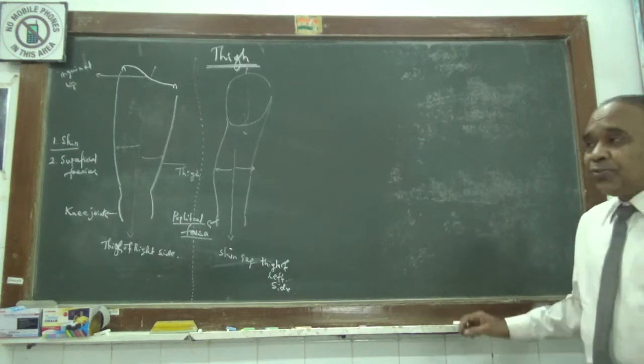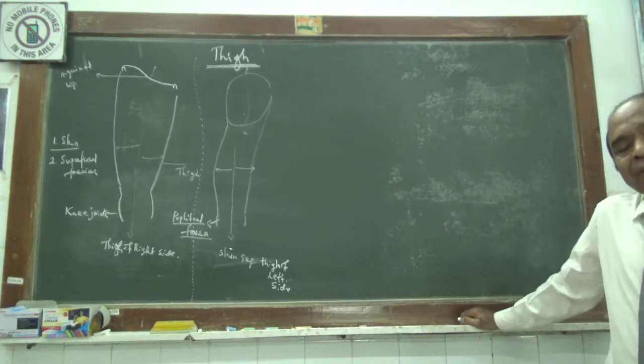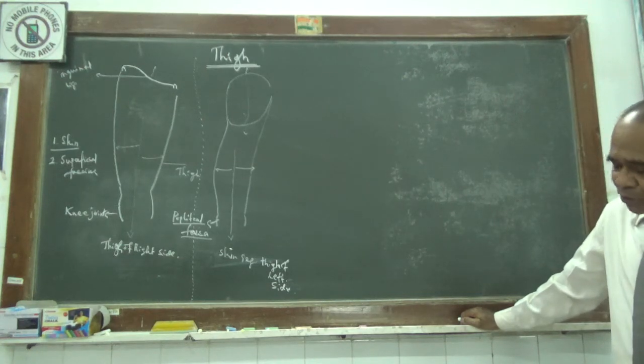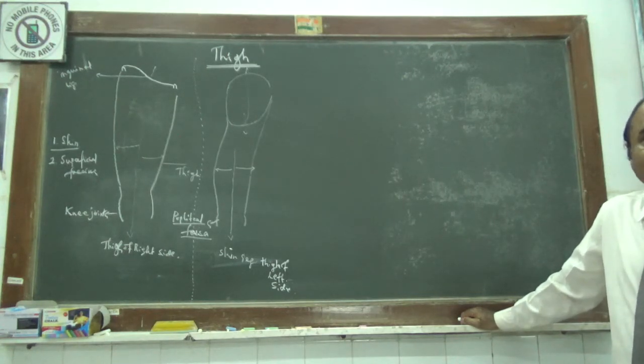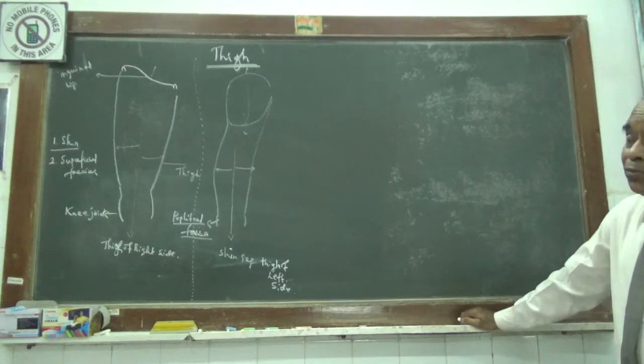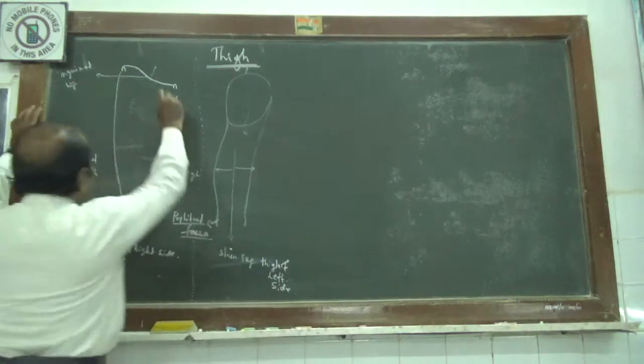So the superficial fascia of the thigh is very near to the skin. The superficial fascia of the thigh is very much adherent to the skin. It contains fatty granules. Now this deposition varies from part to part of the thigh, in front, laterally, medially and behind. The superficial fascia of the thigh is continuing from above and in front